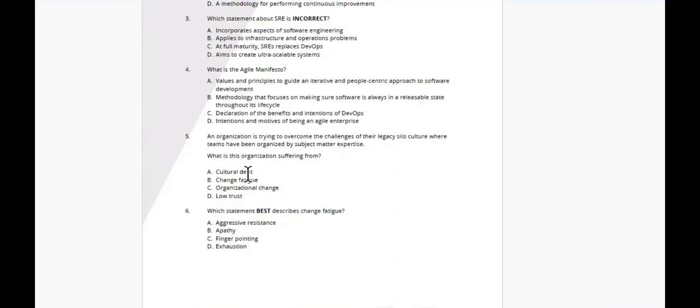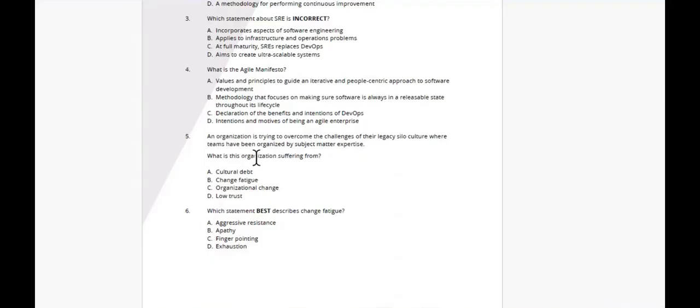What is the organization suffering from? Cultural debt? In an indirect way, I guess so. Change fatigue? No, it has nothing to do with change fatigue. Organization change? That's not what they're suffering from, but maybe what they need. Low trust. That can be a consequence. So, yeah, it's either A or D. This is one that I'd probably say A, but I'd mark this during the search just to double check the slide and look up